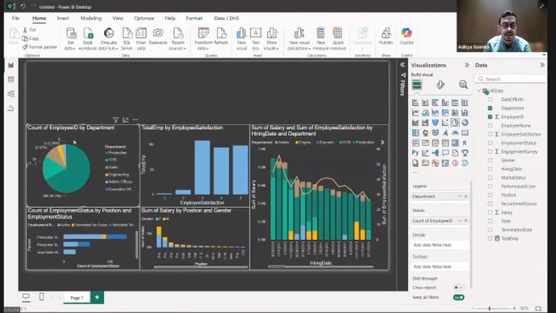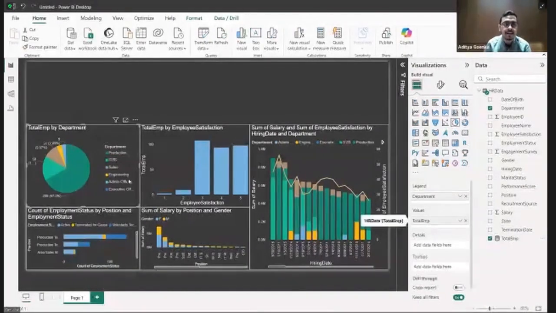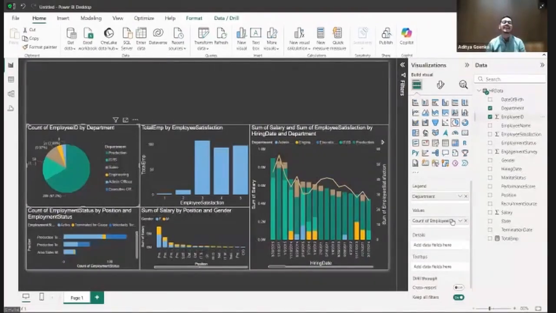In this particular chart, if you want to remove count of employee ID and add total employees over here, see, the same graph comes. This is the power of this chart. Instead of using count of employee IDs, you can use this. And via this, guys, this is just a way I wanted to show you via which you can create n number of variables inside Power BI and make your dashboard more and more insightful. How many of you found this to be insightful?